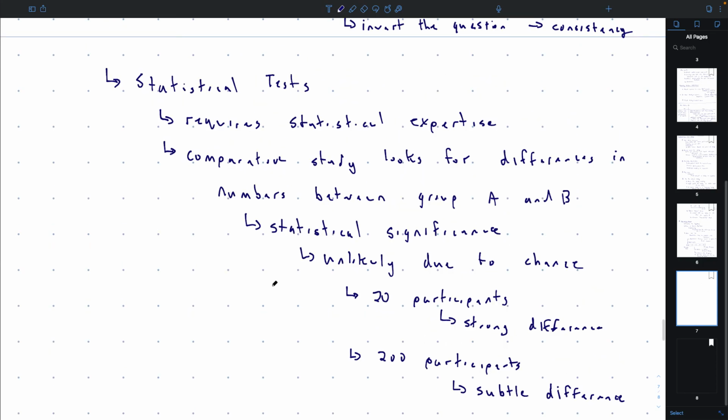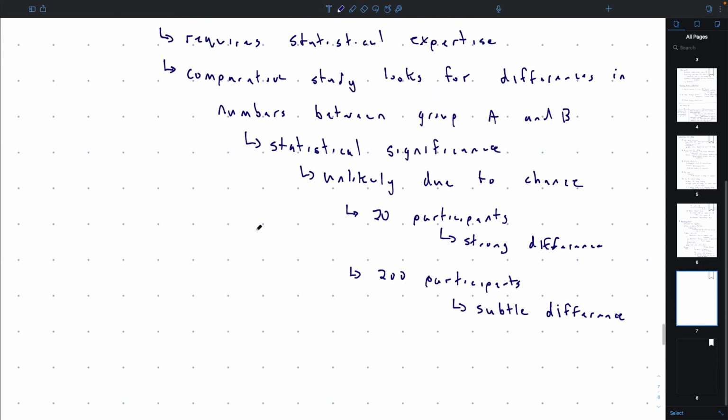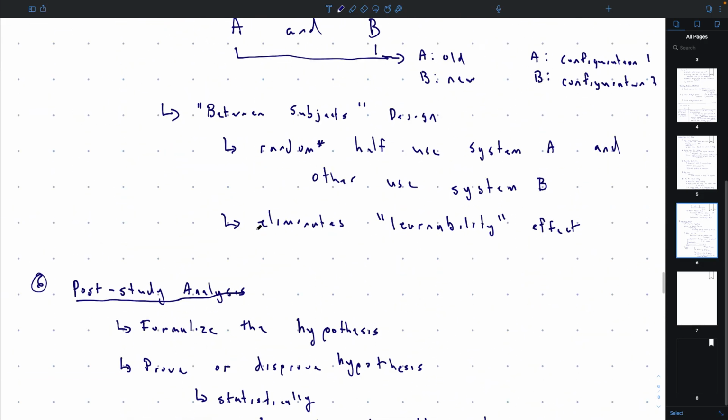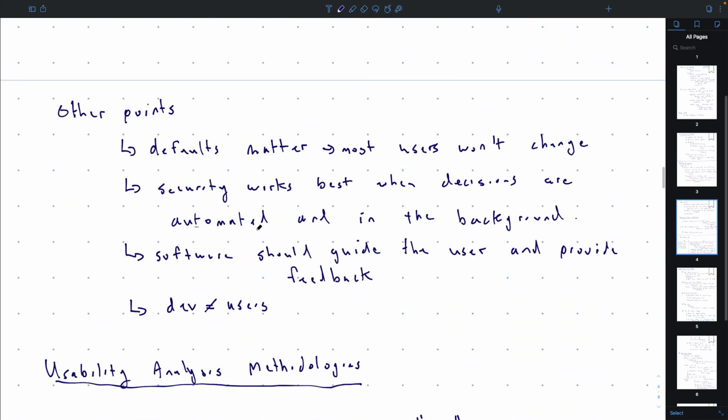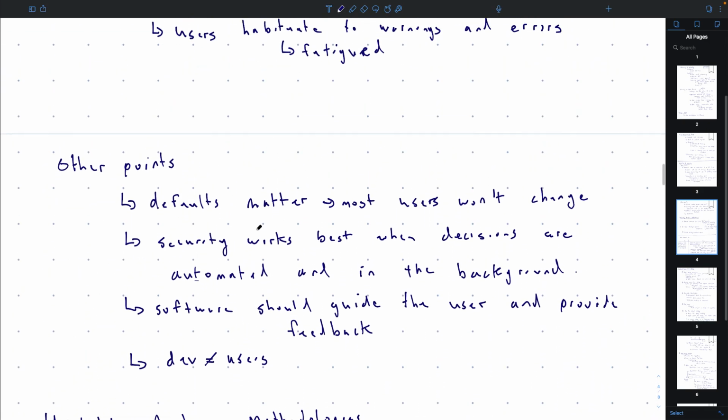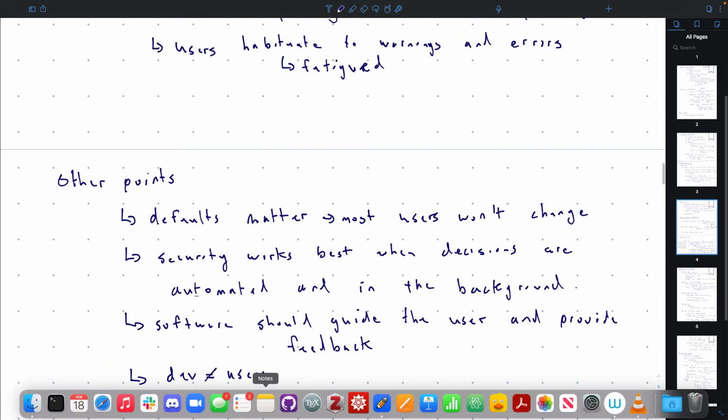Okay, so that's the user study. There's one other thing I was going to tell you. I'm going to back up because I forgot to mention it. And we have 5 minutes left. Where is it?